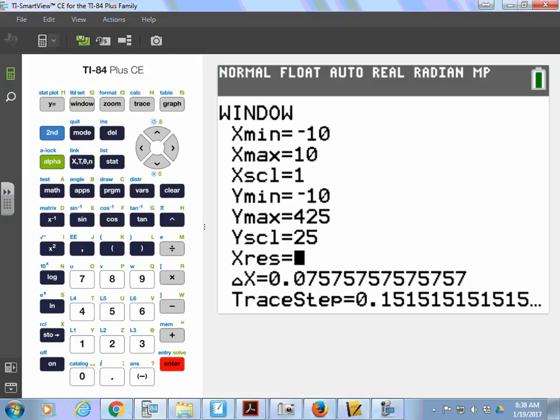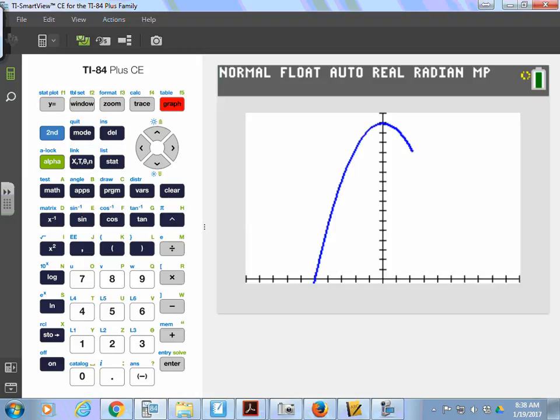If it opens down, then your y max should always be above the vertex. Since my vertex in this case is (0, 400), I need my y max to be bigger than that. Now if I graph it,